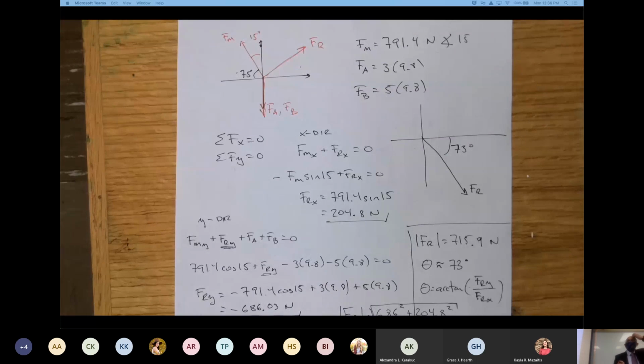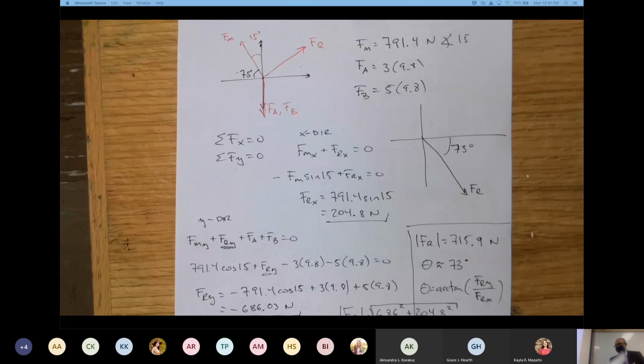So if you see that reaction force and you compare it against the force of the muscle, they're almost collinear. They're almost like 180 degrees out. If we didn't consider the weight of the arm, they will be perfectly 180 degrees from each other. They will pretty much match, and they will cancel each other. Make sense? Okay.